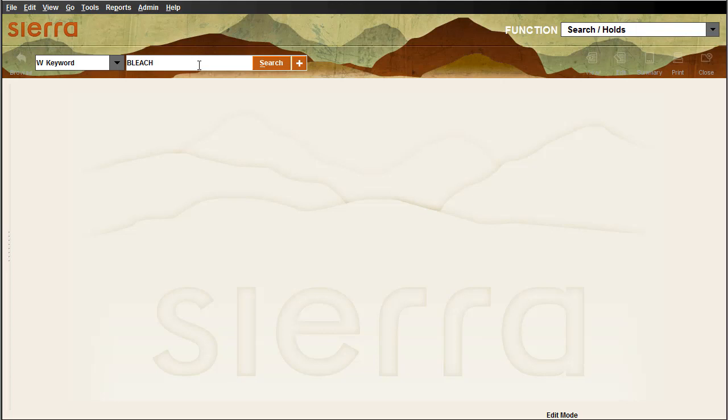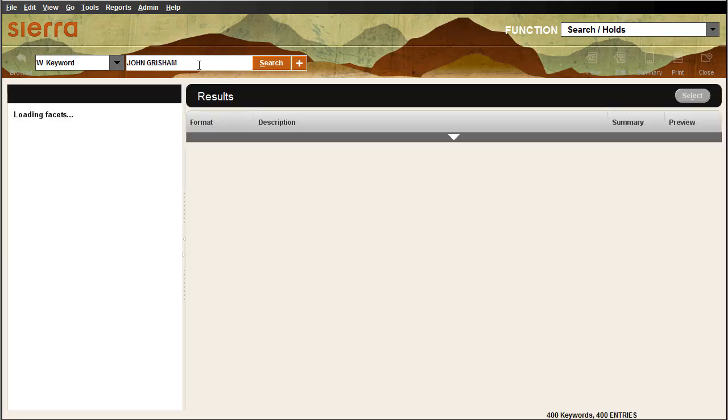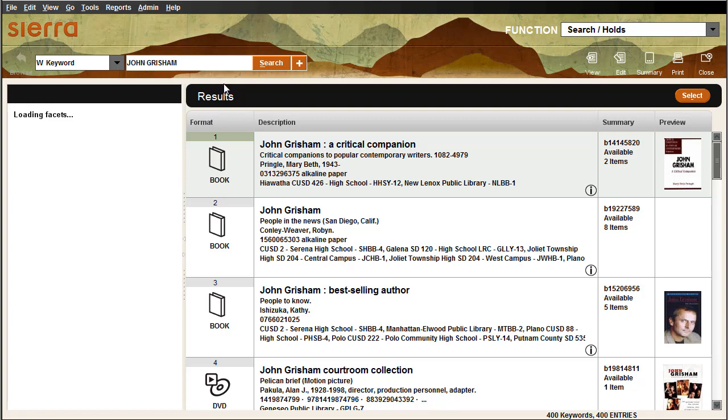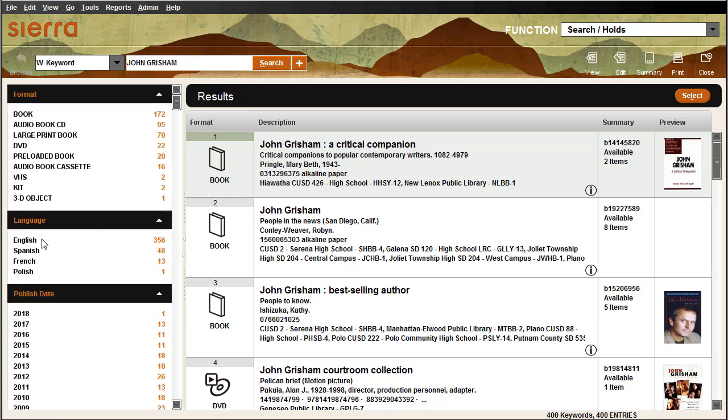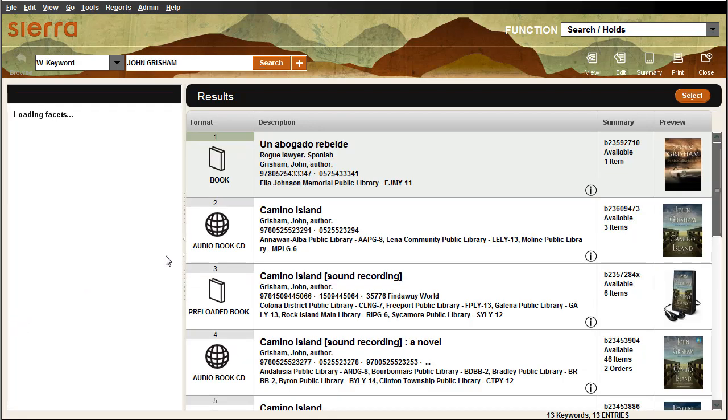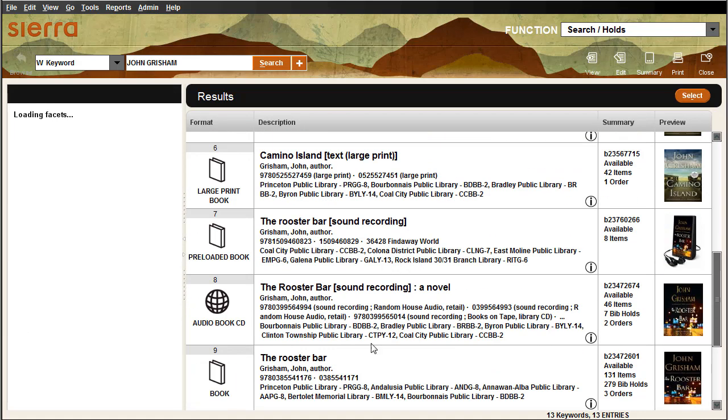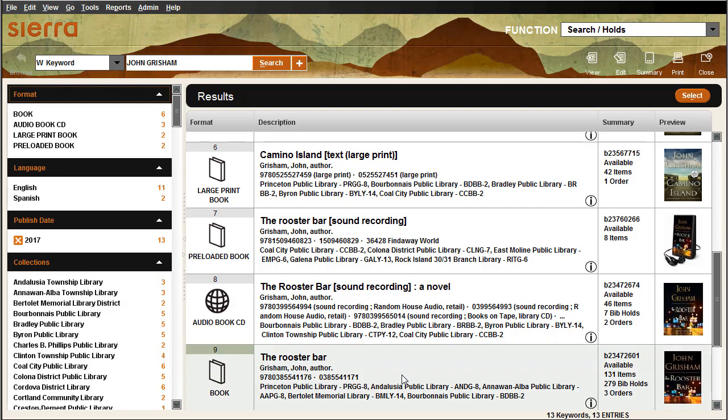And so then if records don't have a volume, like for the new Grisham, if we search John Grisham, and I'm going to make it a little bit smaller, 2017. So for his newest, The Rooster Bar,